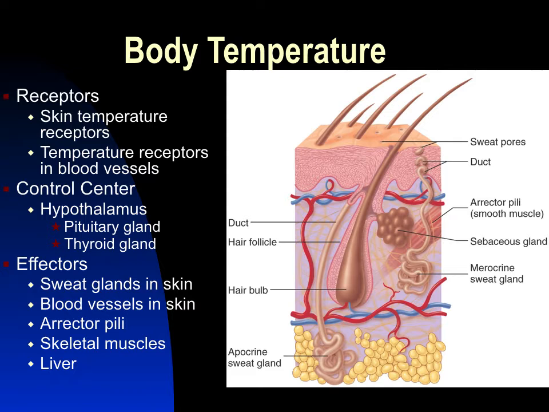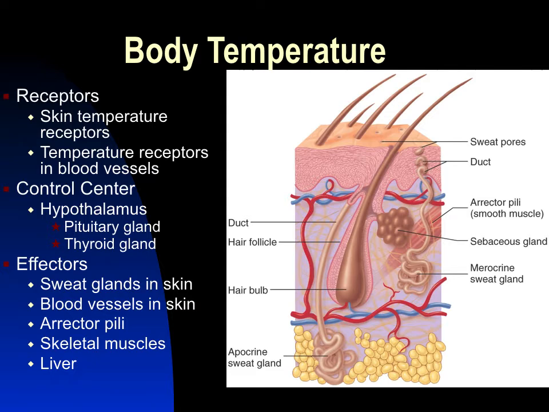When we are warmer than normal, the sweat glands, the eccrine sweat glands, become more active, producing a watery material on the surface of the skin. That evaporates, and that takes a lot of heat with it. The hypothalamus can also affect blood vessels in the skin to change blood flow from near the surface to deep in the skin. It can change the activity of the erector pili muscles to make the hair stand up. And if we're really cold, it can turn up the activity of the skeletal muscles and the liver to generate